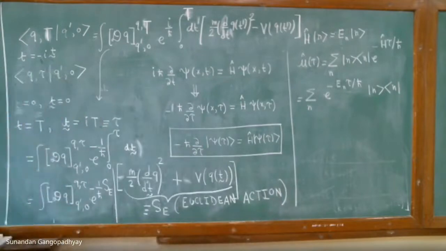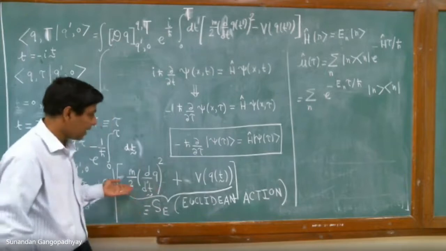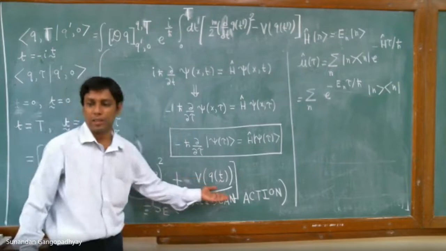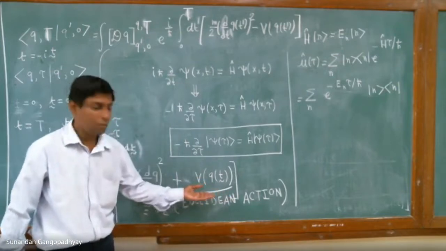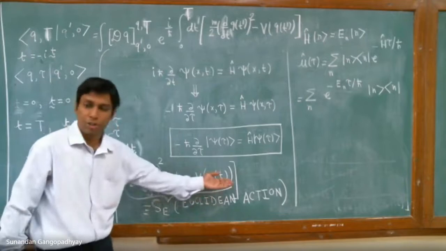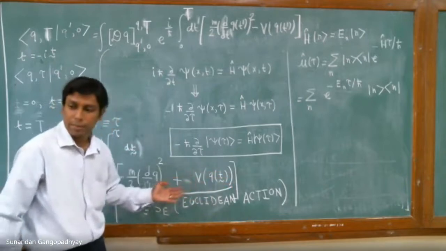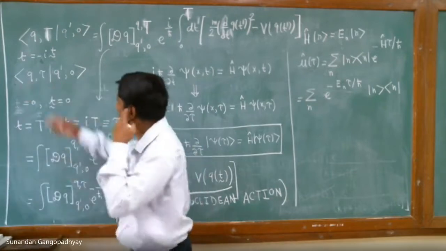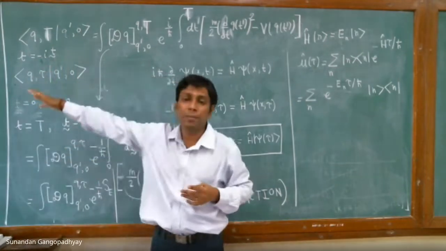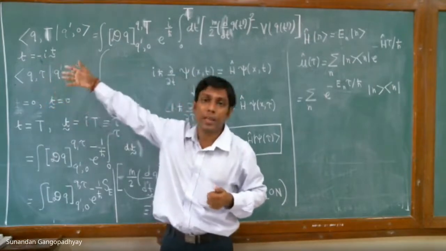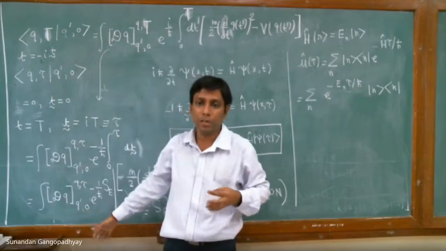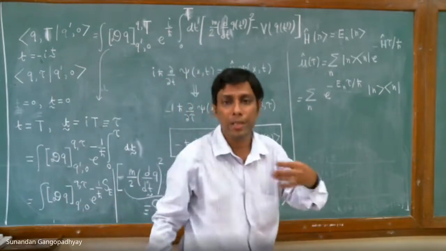This is the Euclidean action. Why Euclidean? Because here you can see that this Lagrangian is basically a sum of the kinetic energy plus the potential energy. Usually in the Lagrangian we have kinetic energy minus potential energy, and here the minus is replaced by plus. This full thing, this propagator, now has the imaginary time part. We have gone to the imaginary time. So this formalism is called the imaginary time formalism, analytically continuing time to imaginary time.